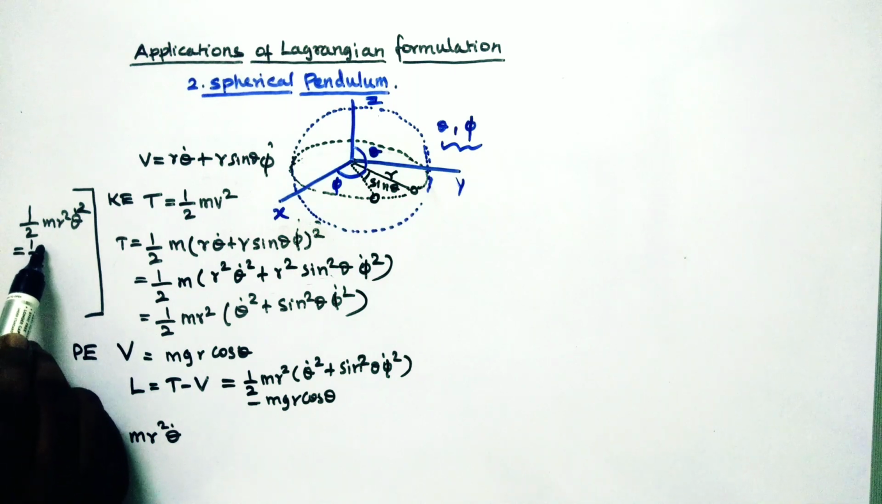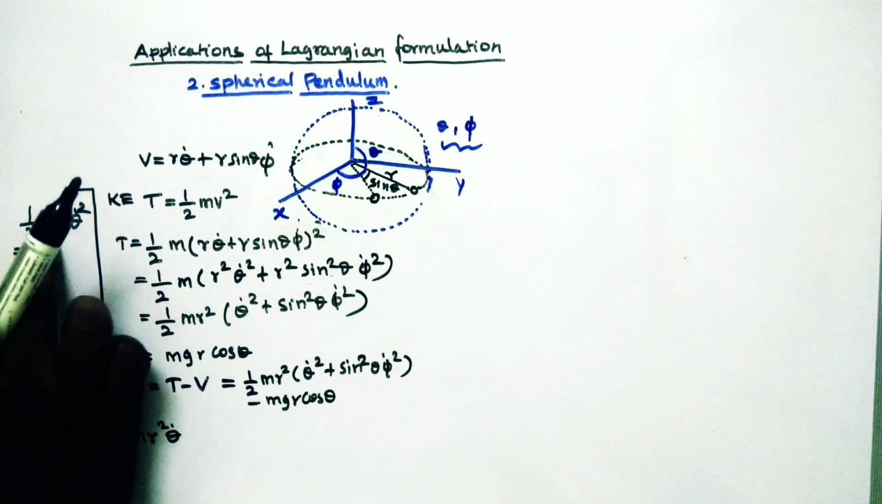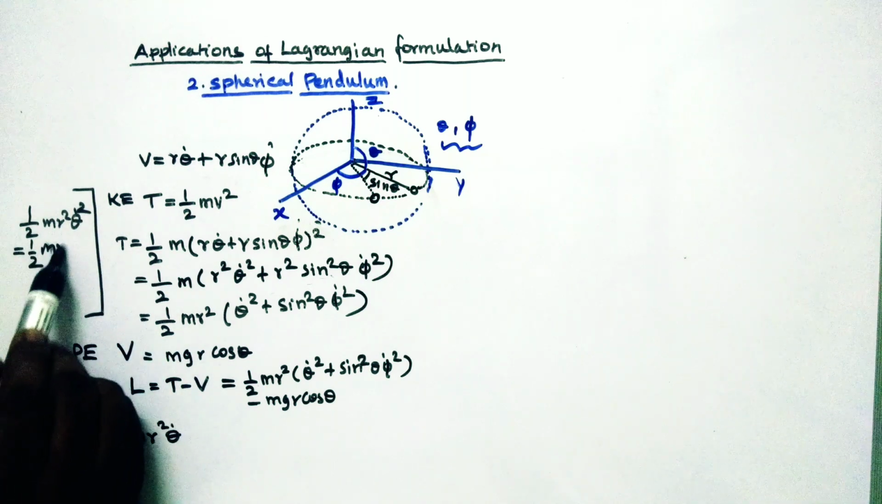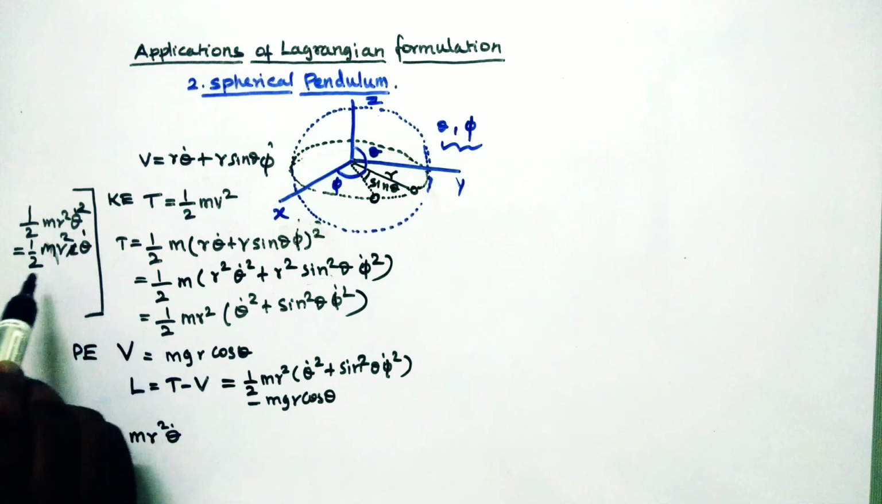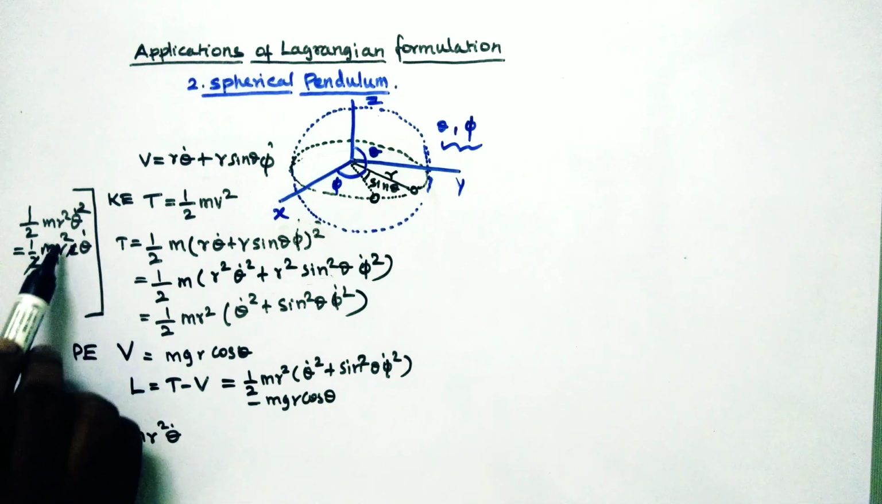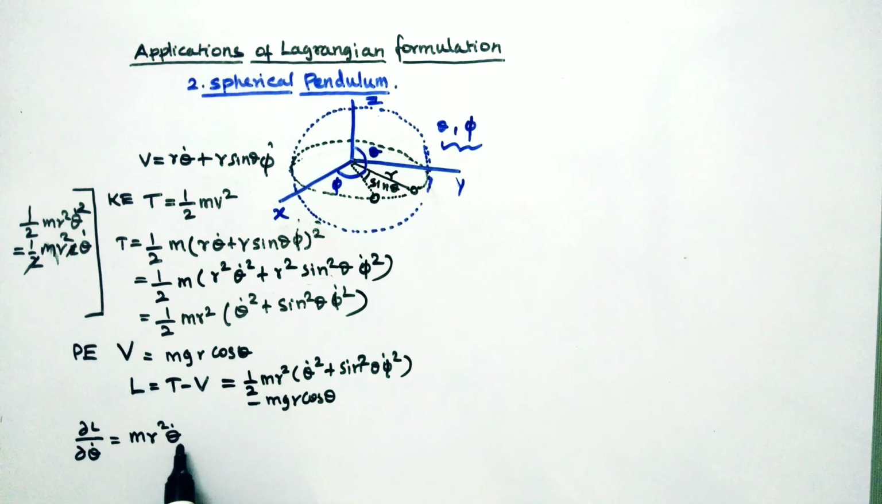Half m r square 2 theta dot. The 2 cancels, and the remaining term is m r square theta dot. Already we wrote this here. Okay, then ∂L/∂θ, that is equal to,